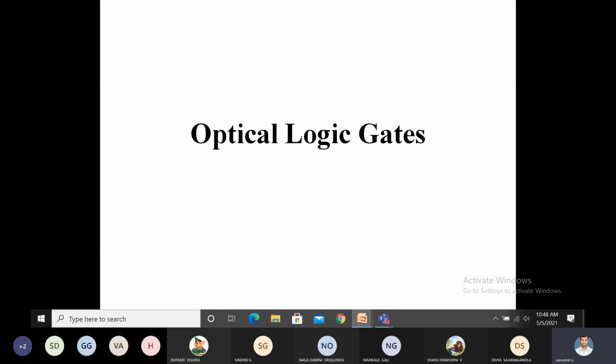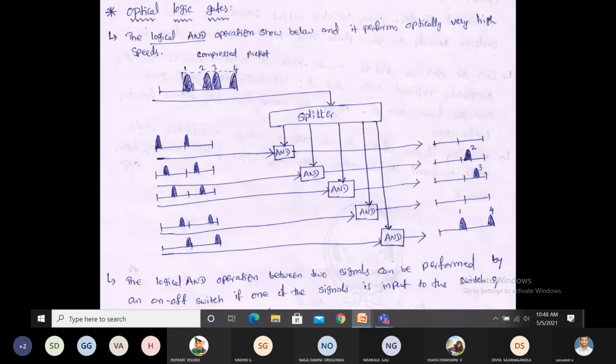Today we discuss optical logic gates by taking an example, to explain their operation through the AND operation. What is meant by the AND operation? Whenever the input is 0 0, the output is 0. Whenever one input is 1 and the other is 0, we also get output 0. If the first input is 0 and the second is 1, we get 0. Only when both inputs are 1 1 do we get output 1. That is the basic logic truth table for the AND gate.